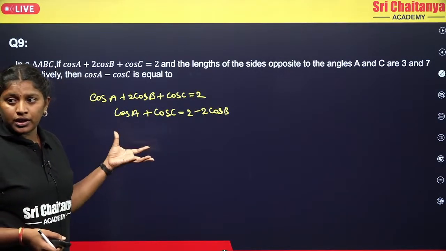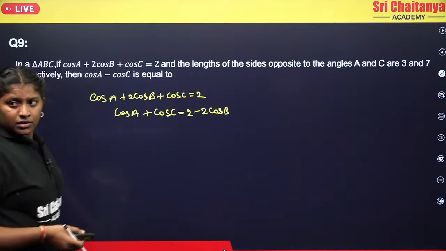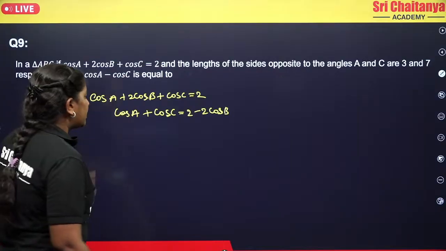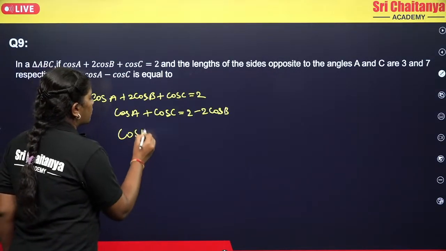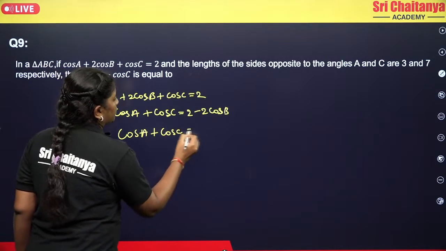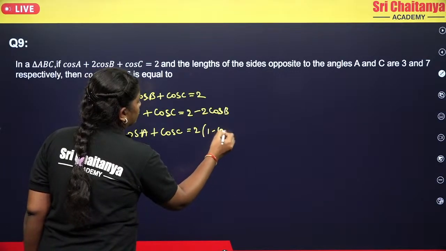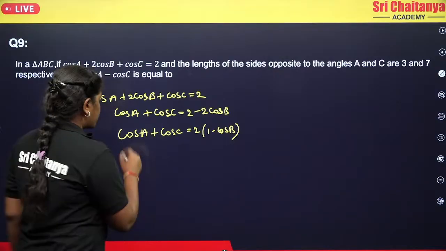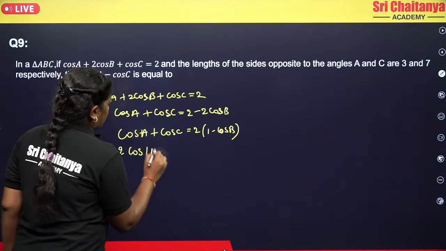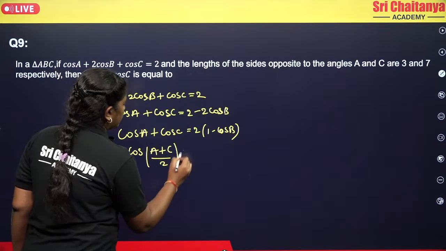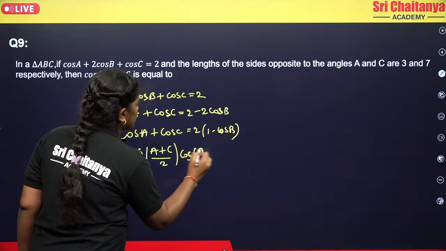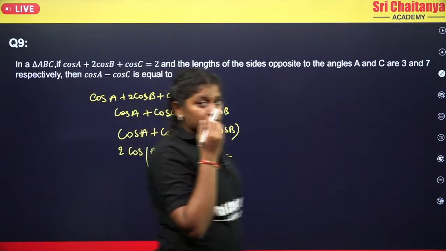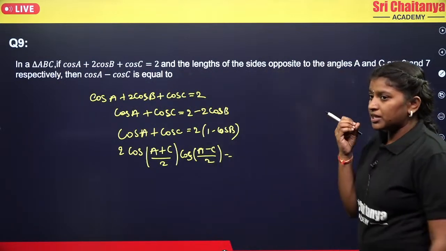So in order to take the 2 common, we will be taking our 2 cos b to the other side. So that becomes cos a plus cos c equals 2 into 1 minus cos b. Okay. So now here you can apply the cos a plus b formula. Which will become 2 cos of a plus c by 2 and cos of a minus c by 2, which is equal to, and here you can take 1 minus cos theta. So 1 minus cos theta we can take as,